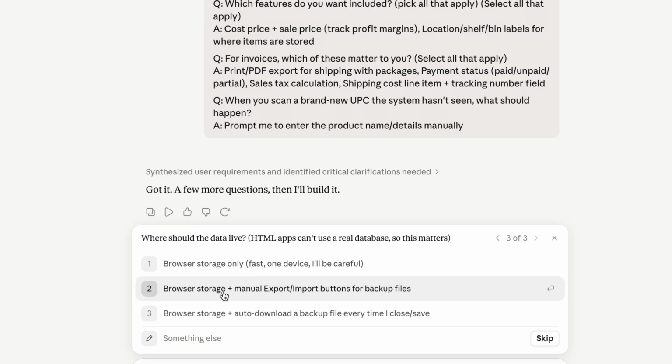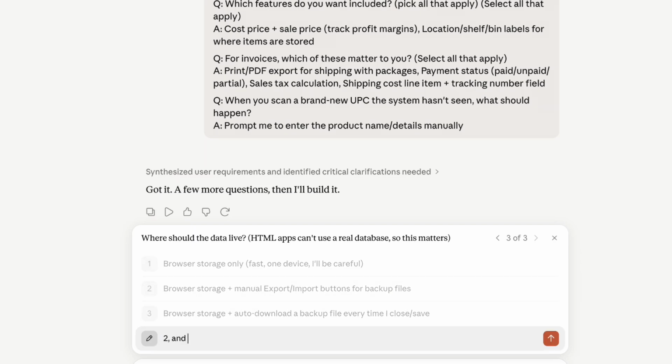This is probably one of the most important things. Since this is an HTML file, it can't be used as a real database. So I'm going to select the manual export and import buttons for backup files. And then additionally, I'm going to manually type in, comma, and let the export and import be an Excel file type, please. Have the browser save automatically